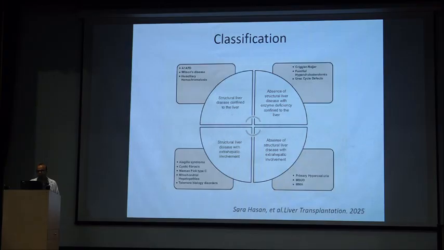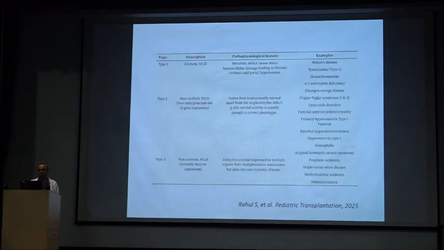Then the MSUD, maple syrup urine disease, and the organic acidemias, MMA. So again, practically, whether a patient should go for a partial APOLT or a standard OLT, or whether the patient will benefit from liver transplant, there's a surgical classification, which takes that type 1